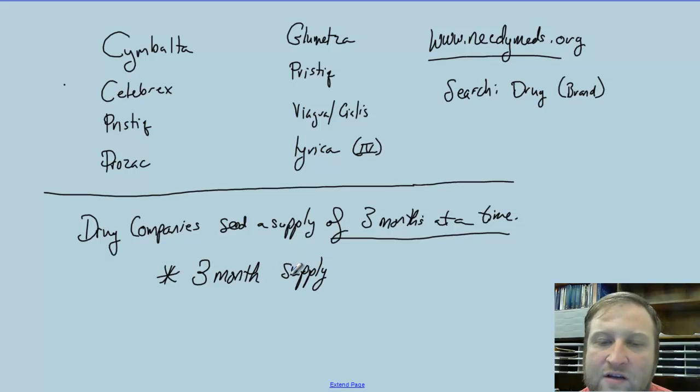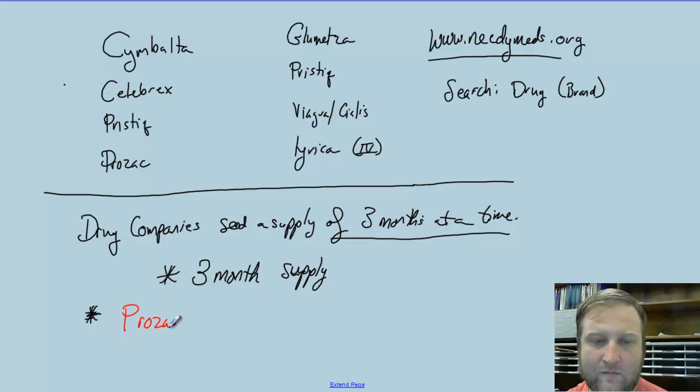So it just saves in shipping costs. But a 3-month supply is pretty consistent, except for 2 different drugs. There are 2 different drugs which the drug company sends every 4 months. So if a provider writes for Prozac or, let me write that better so we can see it, Prozac or Cymbalta,